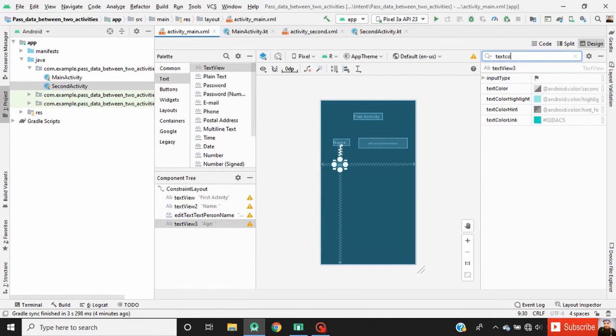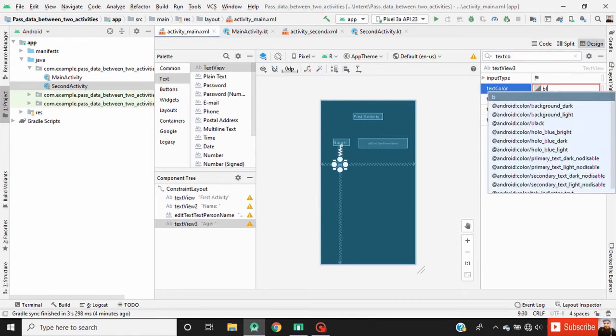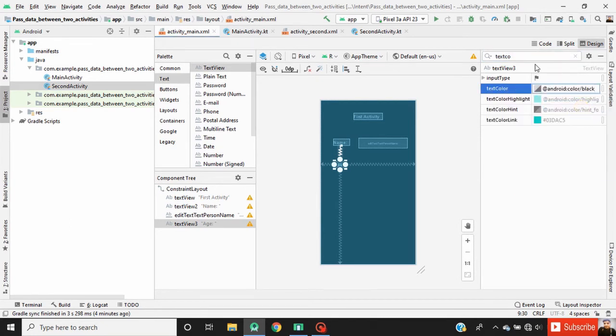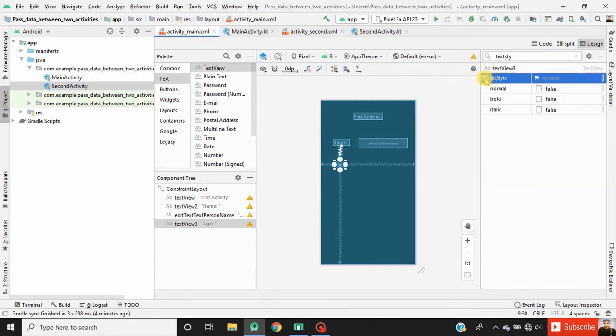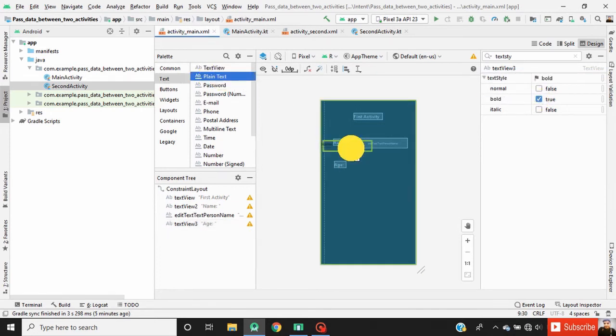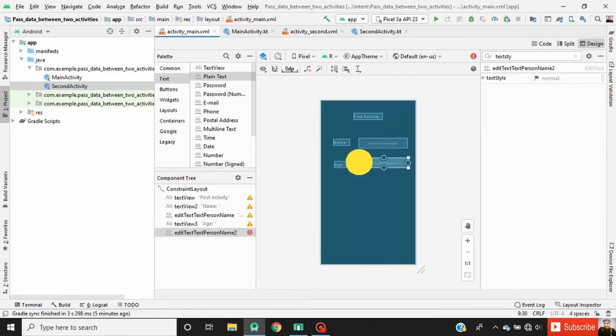Text color to black. And text style to bold. Now drag an edit text. Define constraint for this edit text and match the baseline.